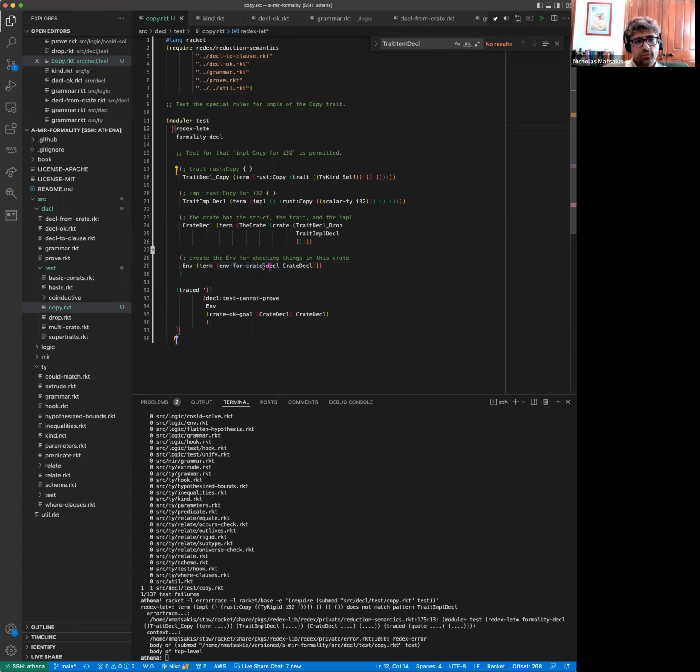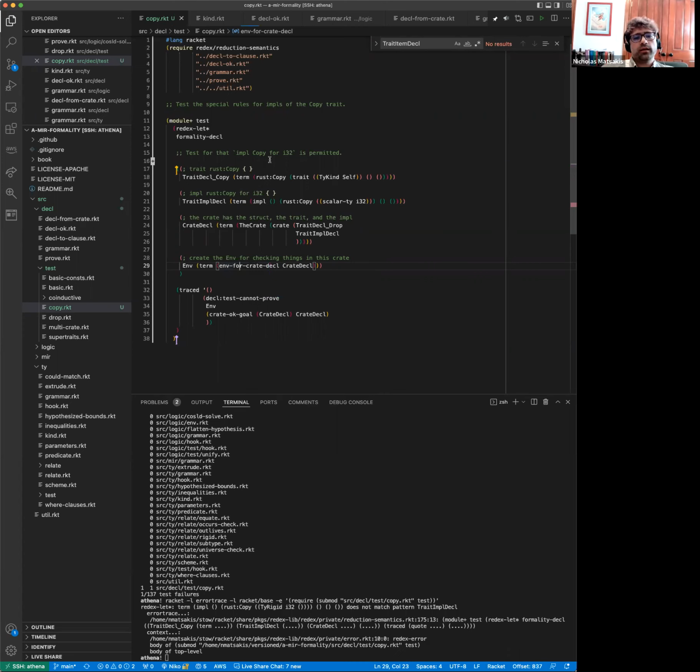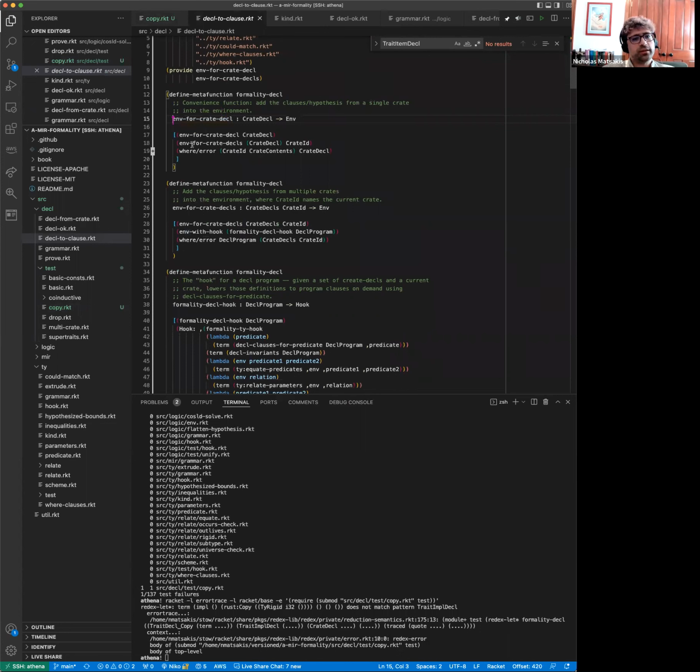And when you make an environment for a crate, it's going to go through each of the items in the trait, in the crate, and generate the rules for them. Well, it's done that lazily actually, but right, it's going to make an environment. So this is a shorthand for saying that there's a single crate, and we're going to make an environment from that. There's a longer form that takes a full list of dependencies if you wanted to have more than one crate,